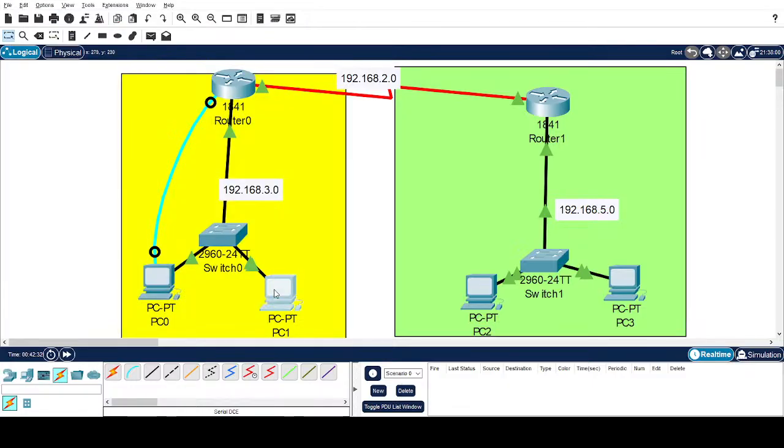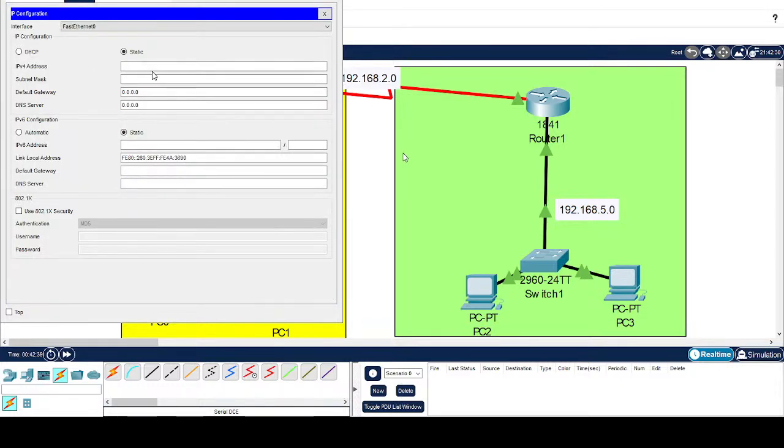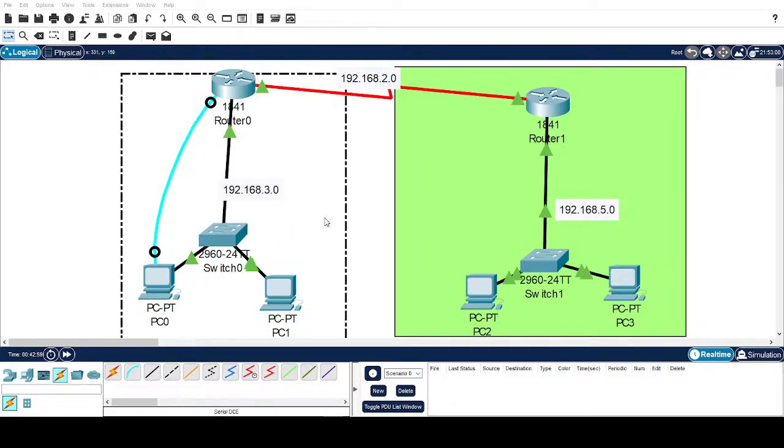I close that PC and go to the second PC, that is PC number 1 on that same network. I also do the same. I assign the default gateway, which is 192.168.3.1, and the IP address 192.168.3.3. Remember, the first PC is 3.2, this is 3.3, but the gateways are always the same. Now, to enable communication, as I explained, the PC has to have a default gateway. But whoever they're communicating with also has to have a default gateway, because otherwise they won't know how to reply. So for that reason, these other PCs, 2 and 3,